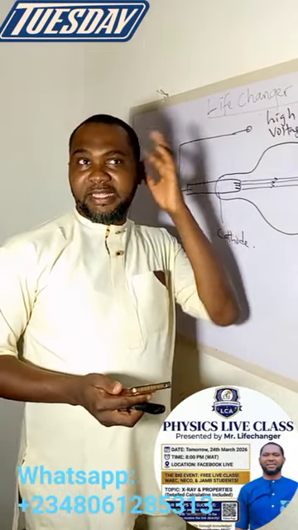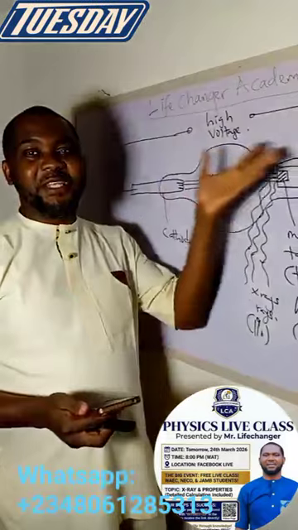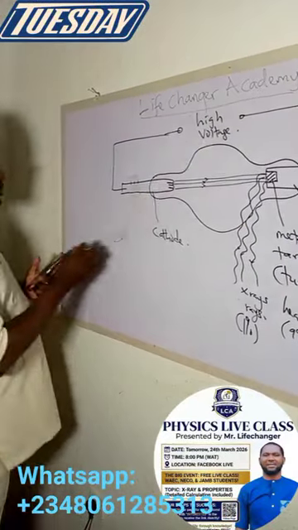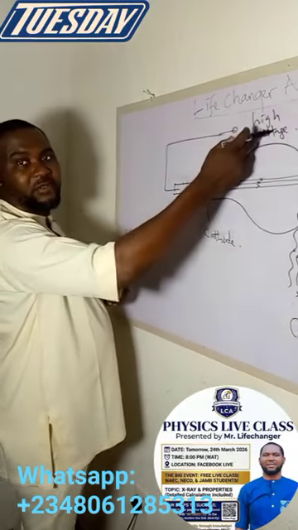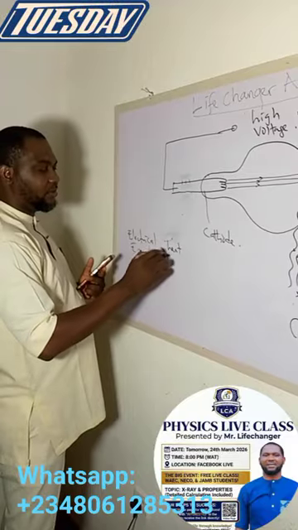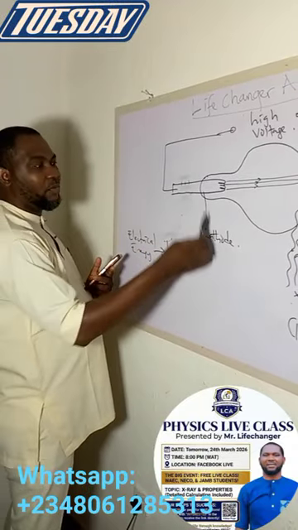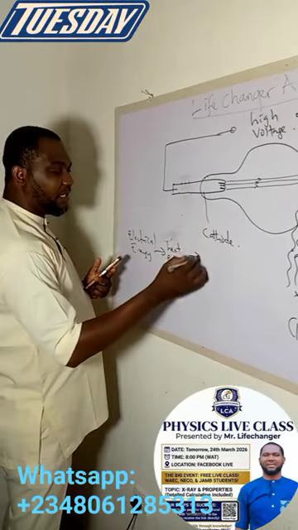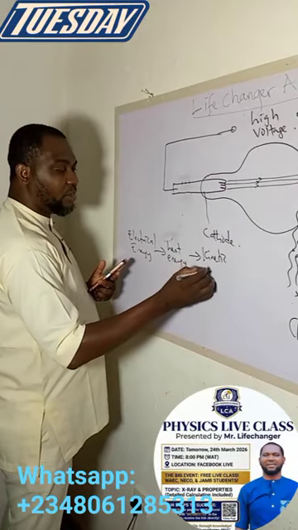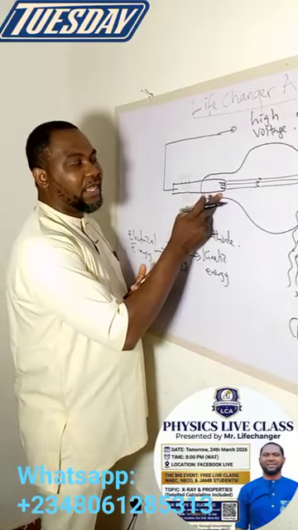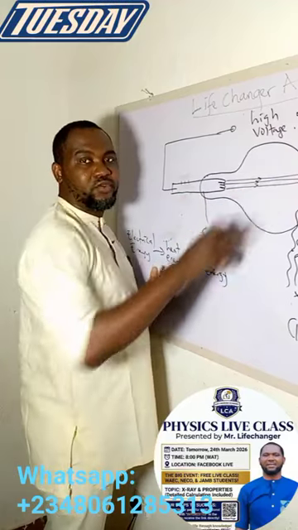Now, there is this exam question that is very common about the kind of energy transformation that happens here. You can see that the first energy is electrical energy. That means supplying of high voltage. From electrical energy, it is converted to heat energy. The heat energy is what produces the cathode rays. Can you see that? From the heat energy, it moves to kinetic energy. You're going to wonder, what is kinetic energy? Because the cathode rays gain speed. The cathode rays that are emitted from here gain speed and move straight towards the target.